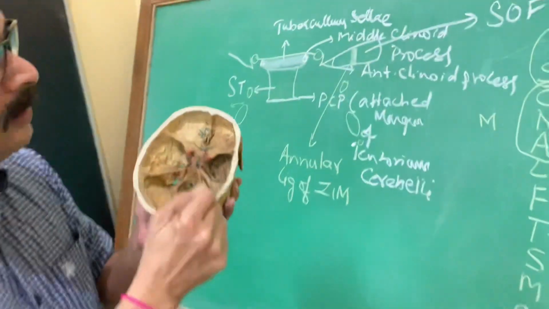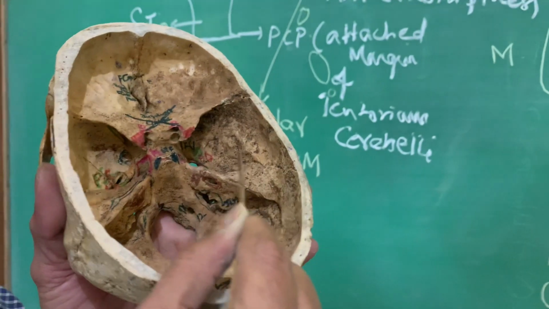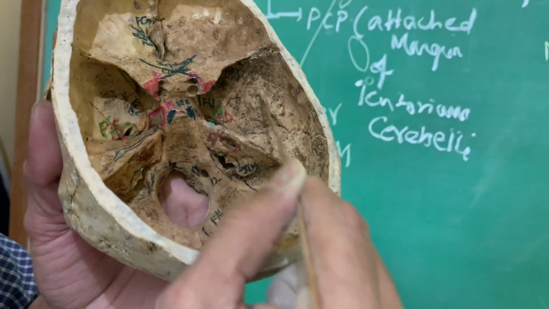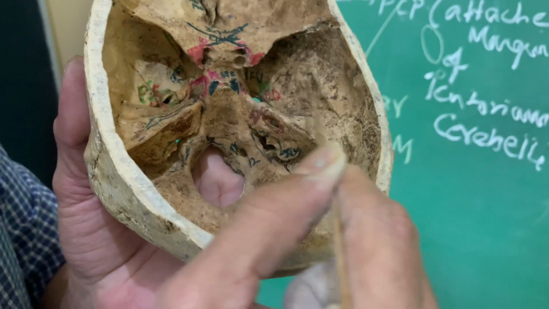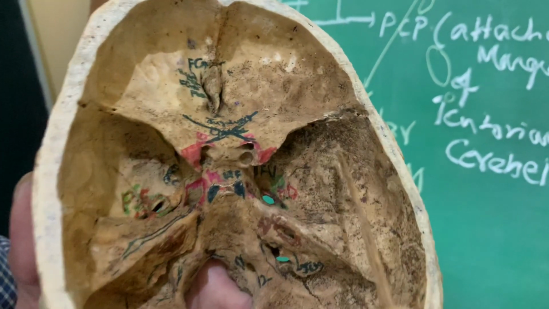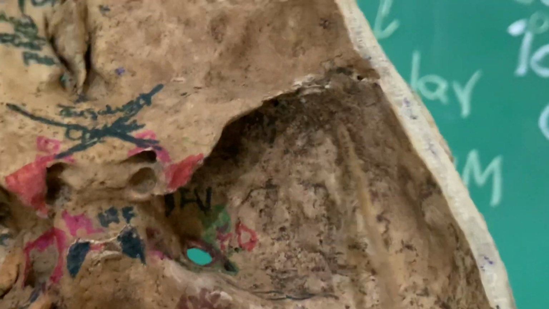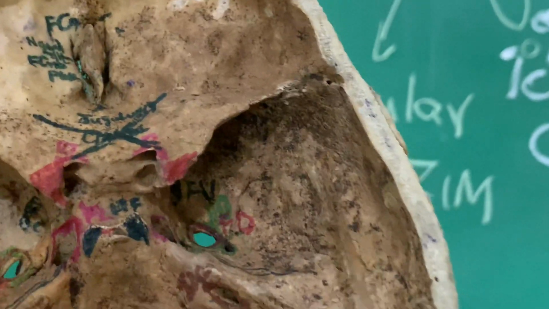Now coming to the lateral part of the middle cranial fossa, you can see numerous grooves, depressions which are meant for the branches and tributaries of middle meningeal artery and middle meningeal veins, and you can see certain elevations and depressions which are formed by the corresponding sulci and gyri of the temporal lobe of the corresponding cerebral hemisphere.